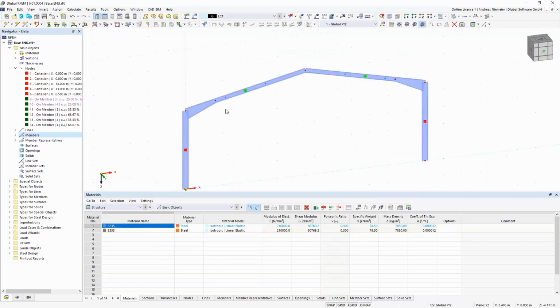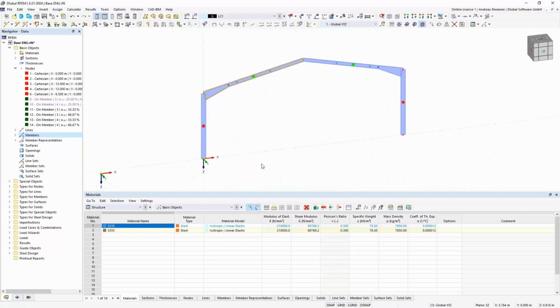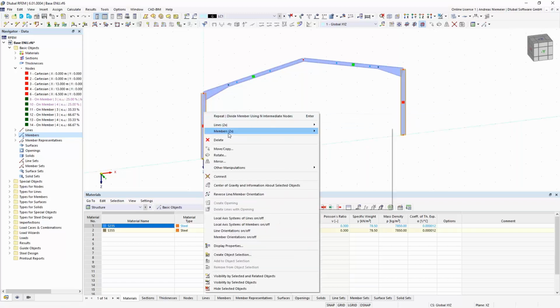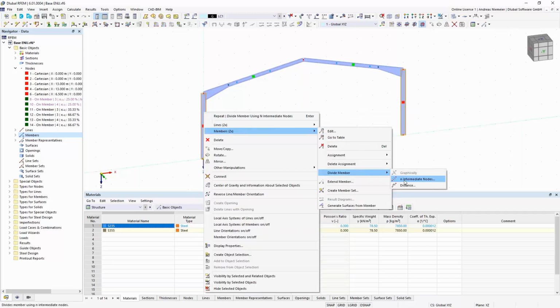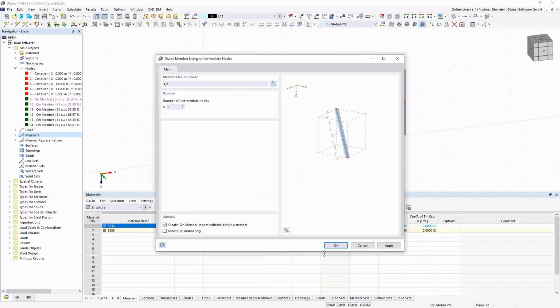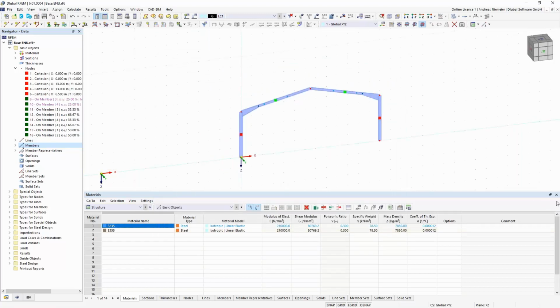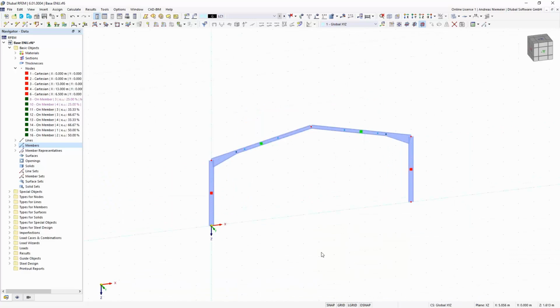This helps because if I move the ridge, these nodes remain on the member axis and they don't divide this member, which is helpful for further design definition. The same I do for the columns. So I select these columns and divide these members here by 1 node using create node on members and confirm this setting. So now this frame is ready for the copy step.